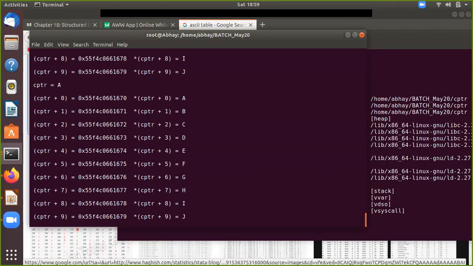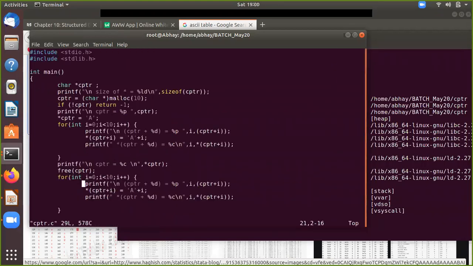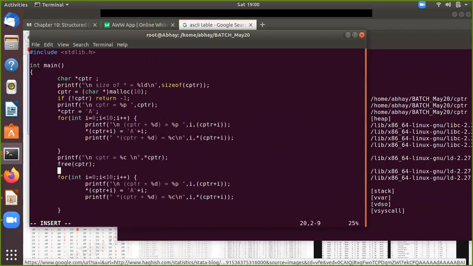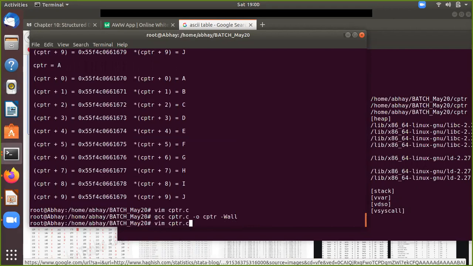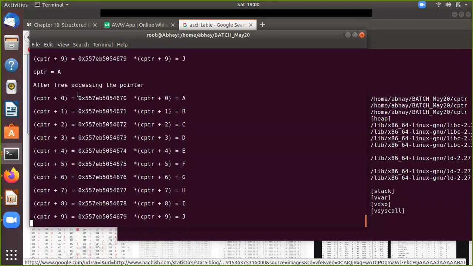Now see, let me just add a statement here, so that we have freed, and then after free, accessing the pointer. After free accessing the pointer. So what happens here? Who is going to answer? Still, we are able to access